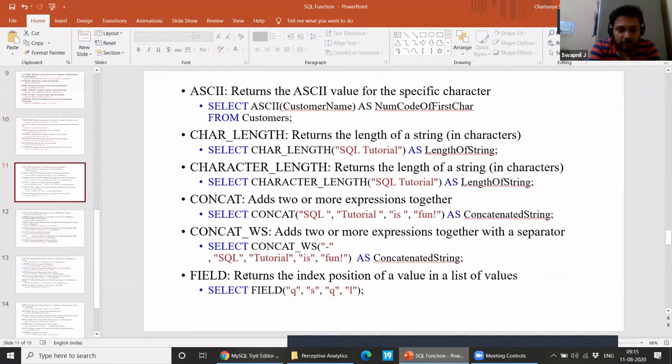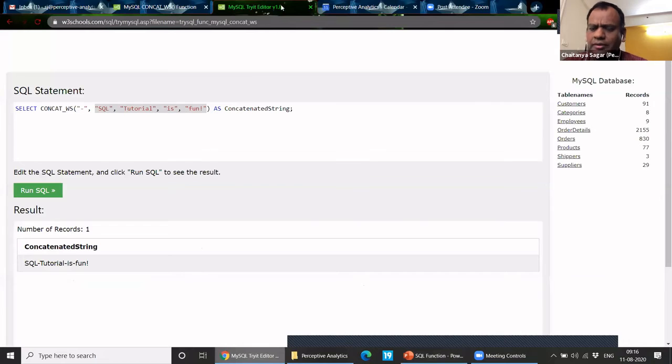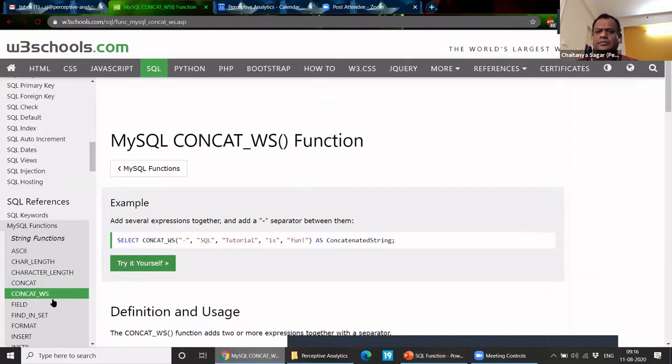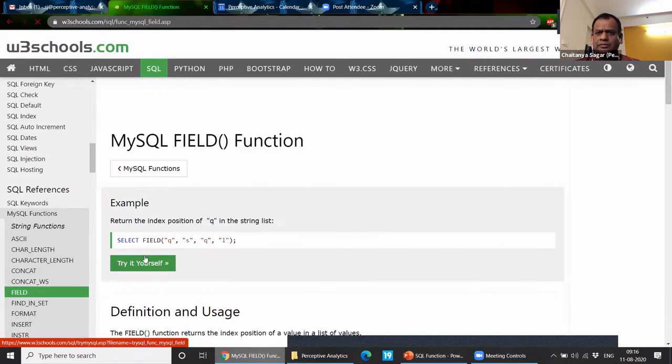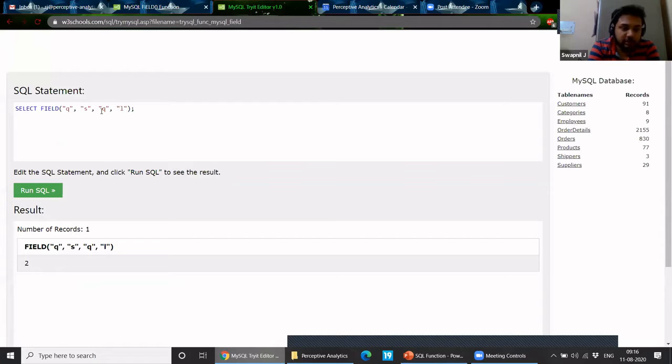Then we have FIELD. This works like that. For example, we have multiple strings like this, SQL, and we want to know the position of a particular string. In this case, for example, we want to know the position of Q, where it is in the list. It will give us the position as 2. Okay. So yeah, like this, it will give the position as 2.